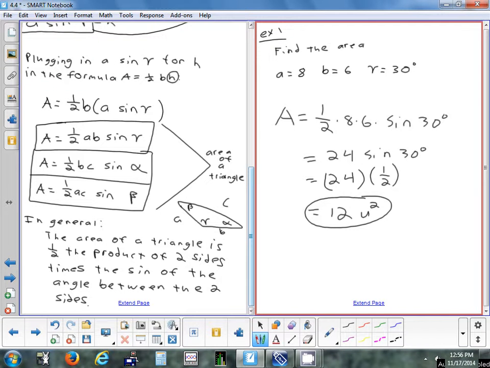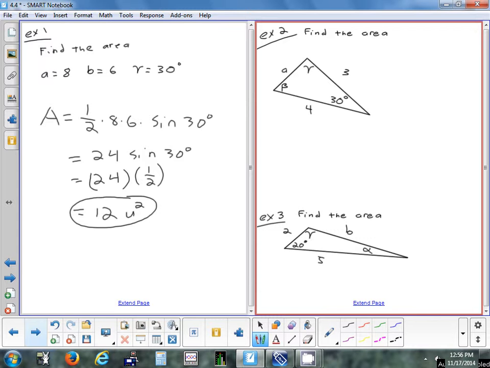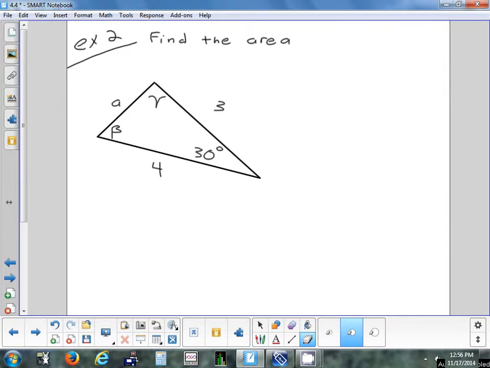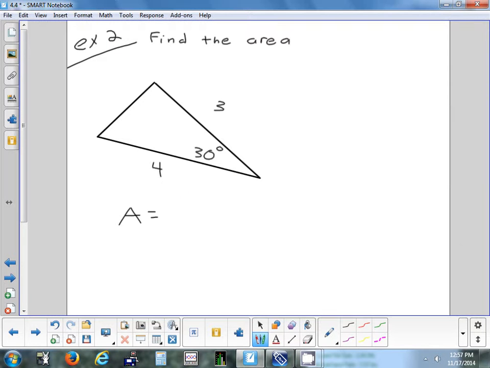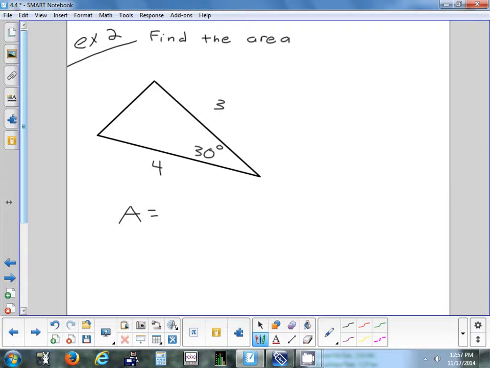All right, let's try this one. I don't have anything labeled. How would you set up your formula for the area now? Because nothing's labeled, so you can't really figure out which version of the formula you're going to use. Okay, so again, we don't know which version we're going to use, but it doesn't matter. Just try to remember the general idea. So what always comes after the equals? 1/2 times what? 4. Times 4 times 3 times,